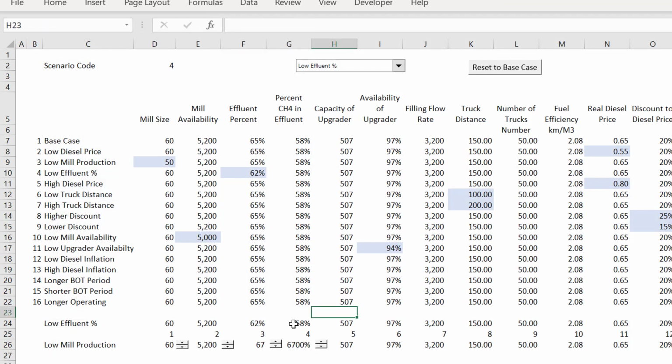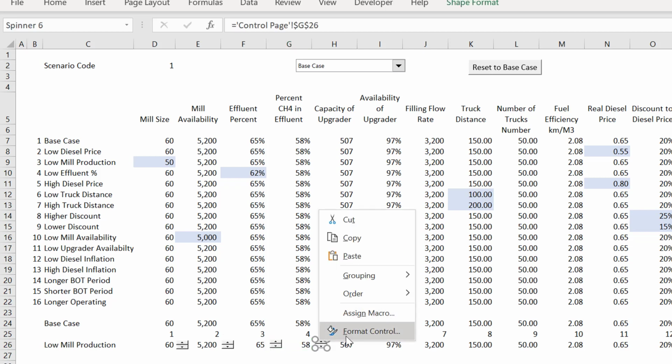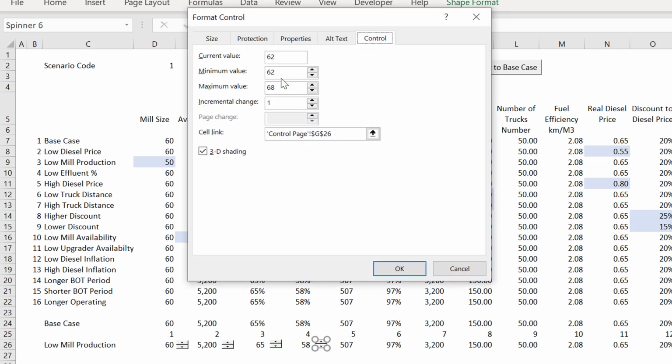Okay, and Shift Control, and let's put it back to the base case. And this one changed, and this one we better make, okay, maybe it's just going to be 56 to